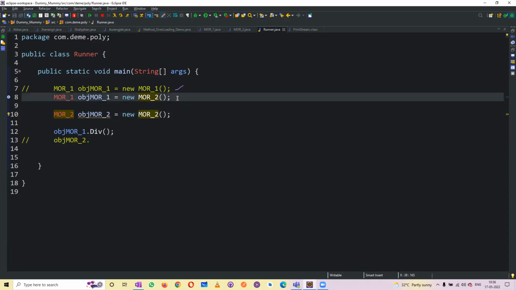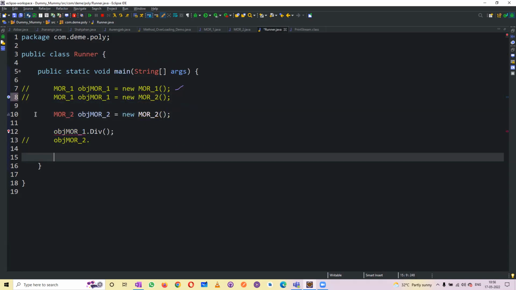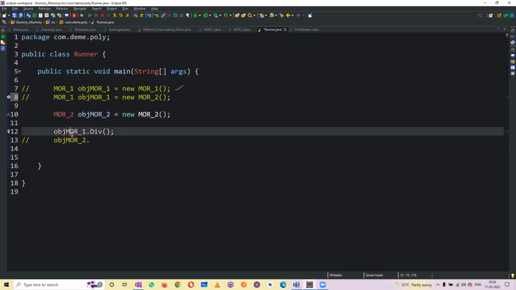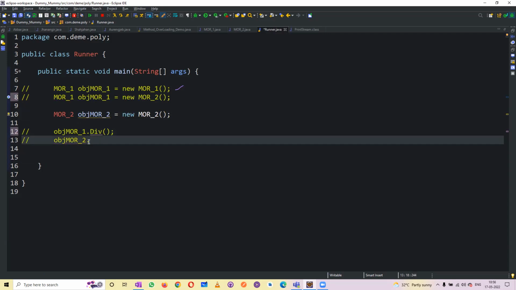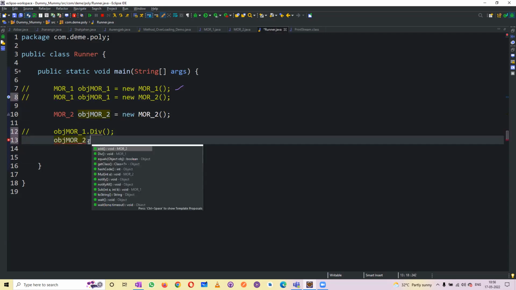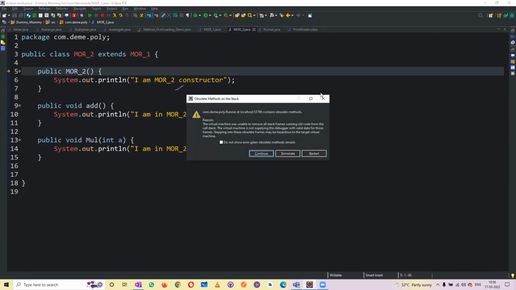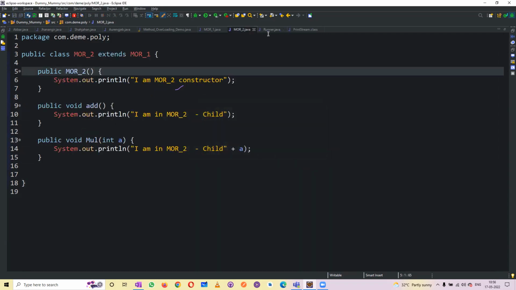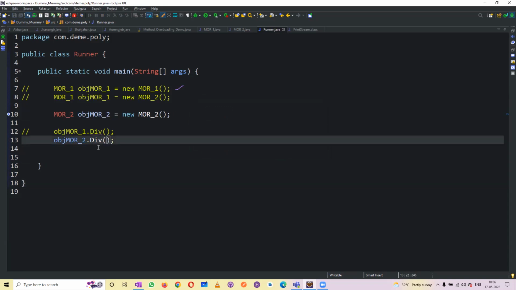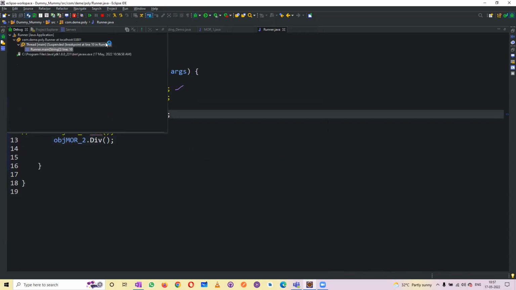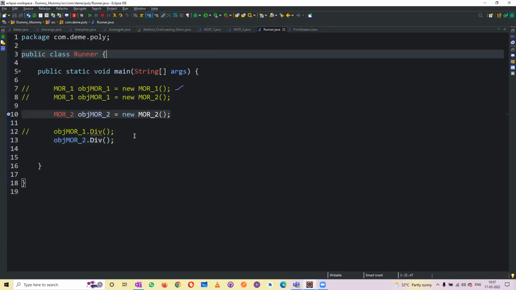So even if I execute this statement, now you see this. I'm just calling this MRO2. I was trying to execute a method, for example, this div method. Now what I'm trying to do, terminate it. So here I'm trying to execute this method, right? Now if I debug this particular program, you see it? Okay. Now I started to debug this program, F5,